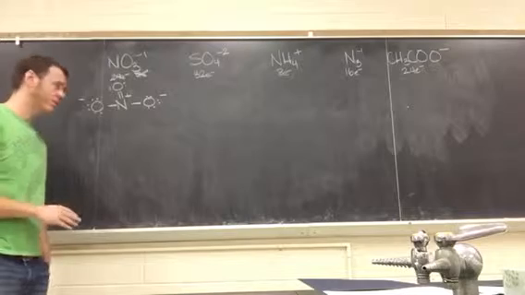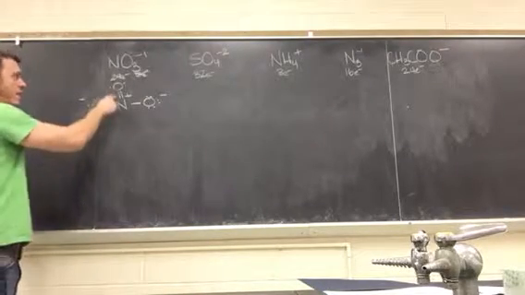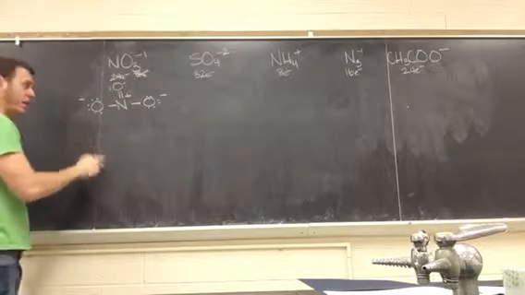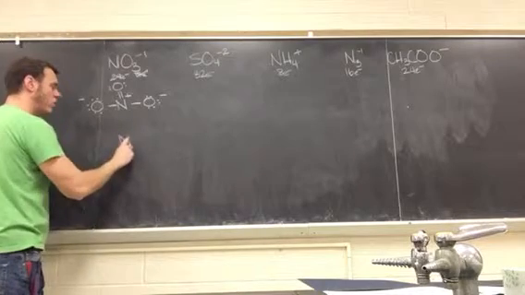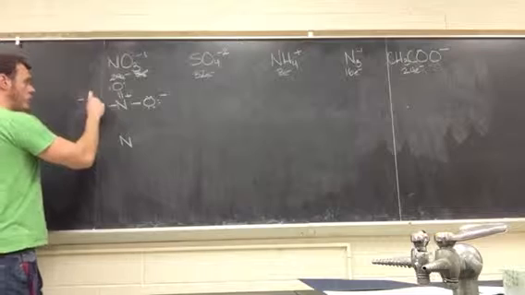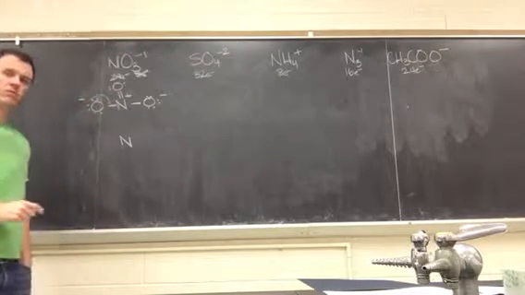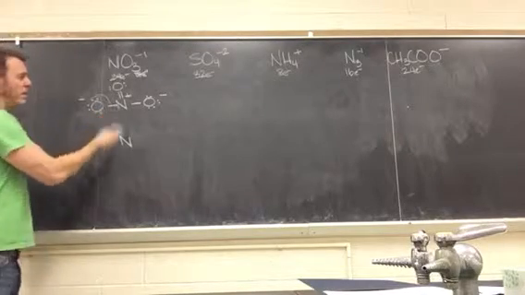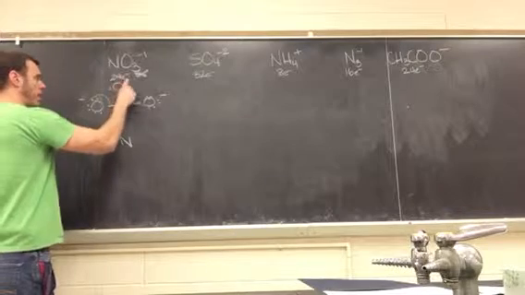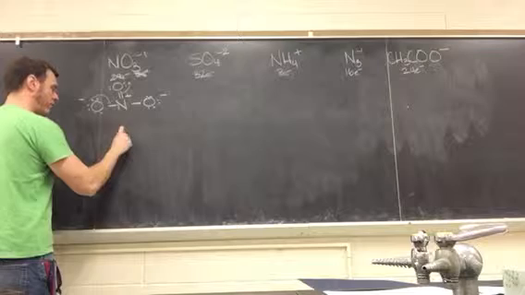Now on to resonance. This is a nice complement to what we're doing with formal charge. This double bond doesn't necessarily have to go to this oxygen. It could go to the one on the side. And so I'm going to use arrows to indicate electron pairs moving around. Let's say this electron pair here moves into this area to make a double bond. Well, that would give nitrogen more than 8 electrons, and we can't have that. So this double bond kicks out that lone pair to the oxygen, and we're left with